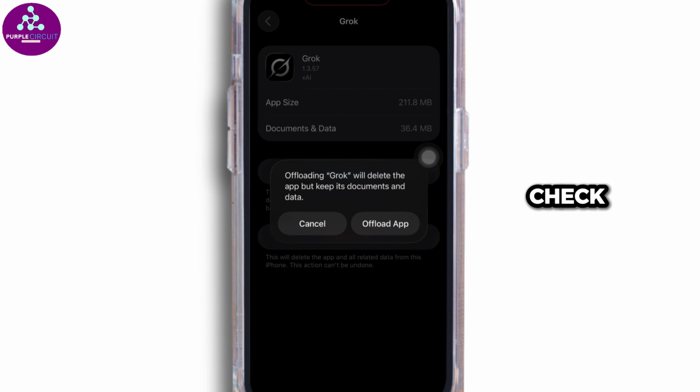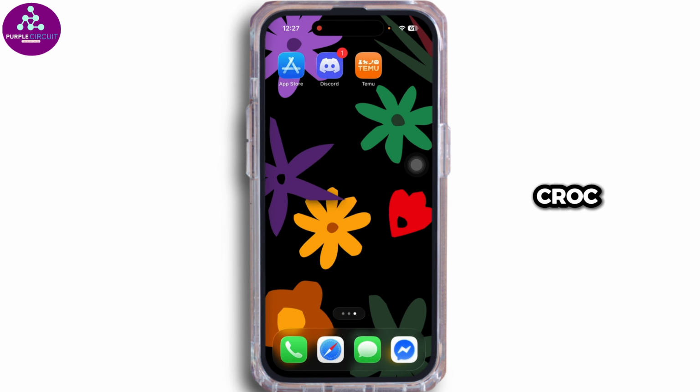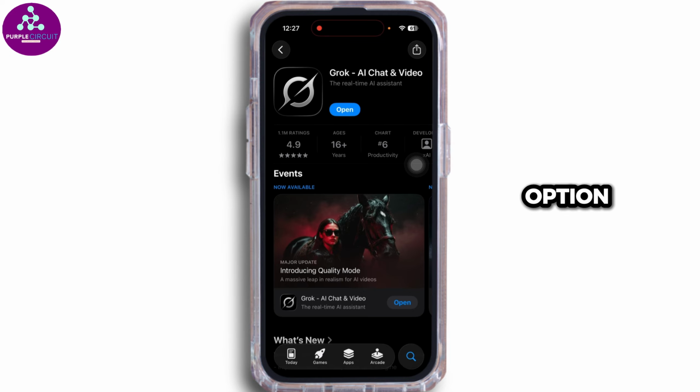Lastly, what you can do is check for app updates. For that, launch your App Store or Play Store, search for the app Grok. After the app appears, if you see the option Update, click on it and update the app to its latest version. Lastly, check your internet connection, and that's it. With this solution, your problem will be